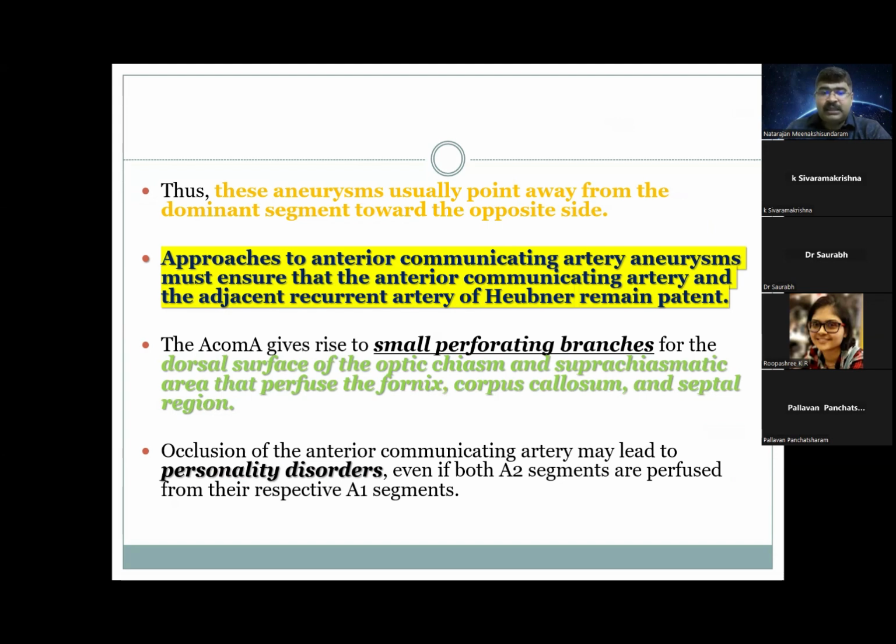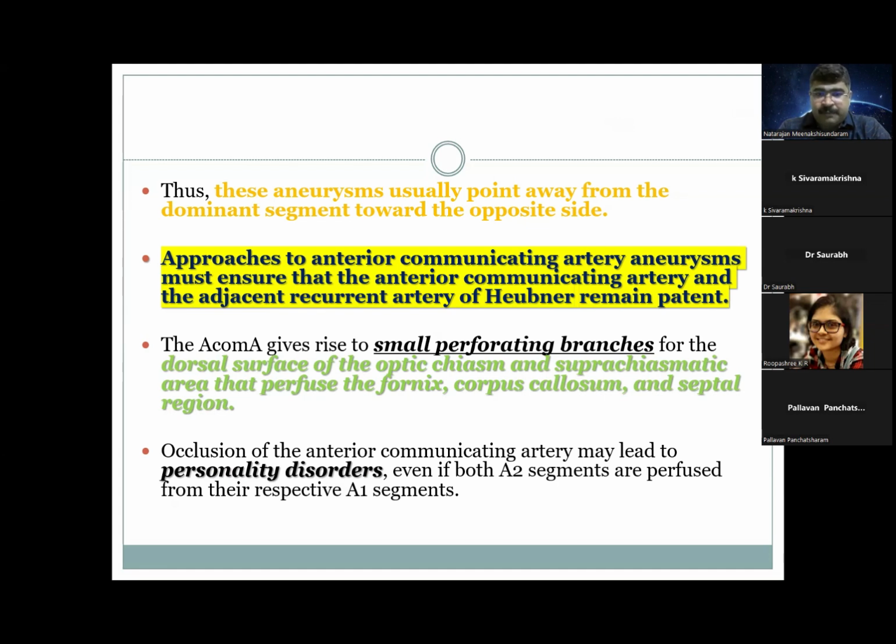So the approaches to the anterior communicating artery aneurysm must ensure that the anterior communicating artery and the adjacent recurrent artery of Heubner remain patent. Remember, while you trace the ipsilateral A1 and the ipsilateral A2, the recurrent artery of Heubner also accompanies along the superior border of the A1 ACA. There could be various origins of the recurrent artery of Heubner, but it is important that it is patent and preserved while dissecting along the ipsilateral A1 and A2 ACA